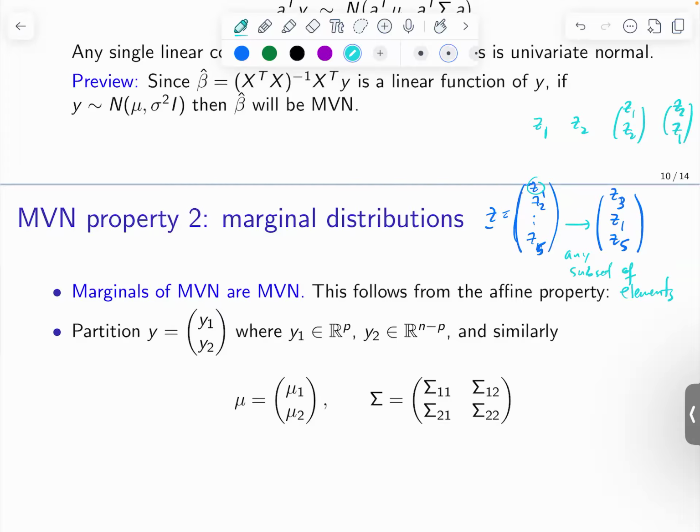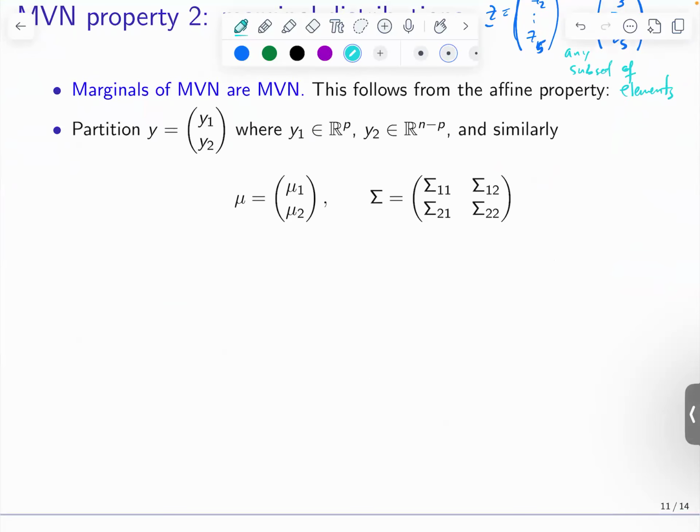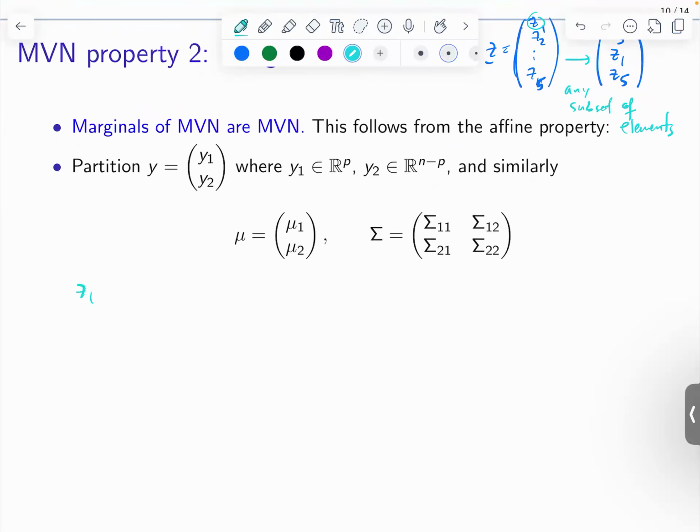So the easiest way to see is that this operation is really an affine transformation. Let me do it right here, for example. So you have Z1, Z2, up to Zn, or let's say Z5. And the claim is that there's a matrix that I can write